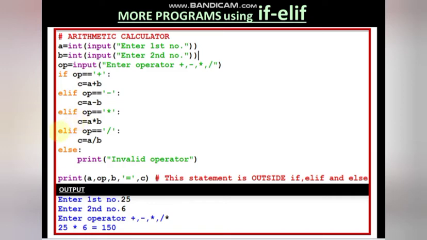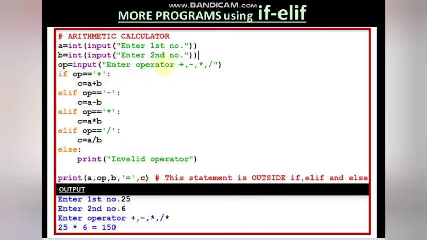And then you will not come to this else part, elif or any other else part, because since this condition became true and you entered here, there is no need to go to this part. So the control will not come to this part. It will come straight outside the else if and all this if else, and it will print this statement. It will execute this statement. It will show you the number, then the operator, then the second number, and equal to, as I have shown you. Here you can see the output and then the value of C, whatever it has executed. I hope this is clear.